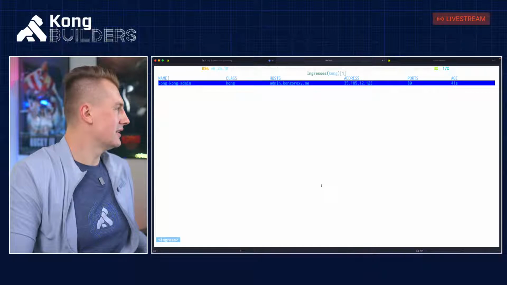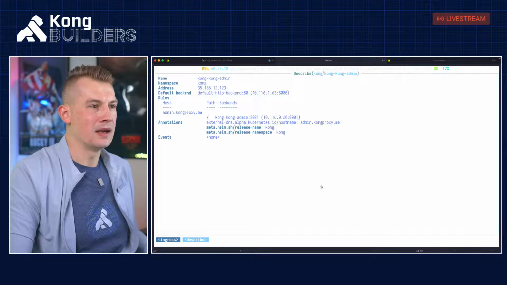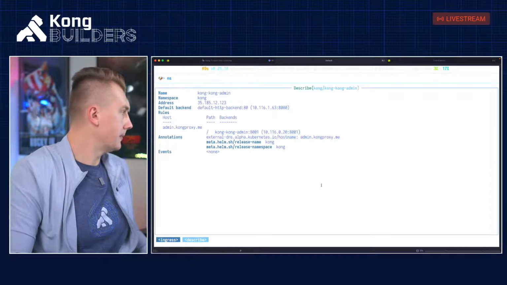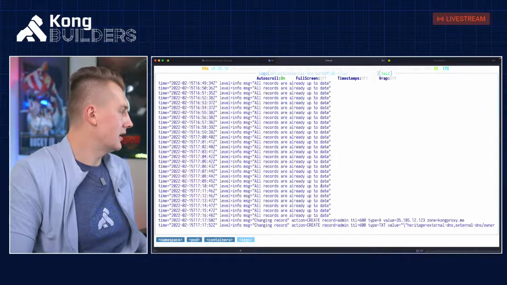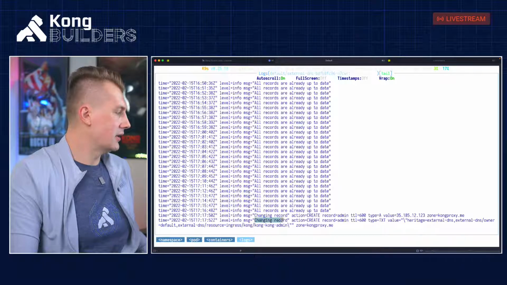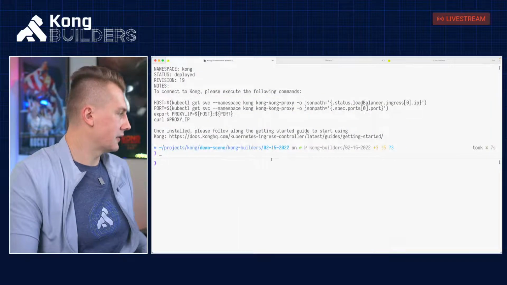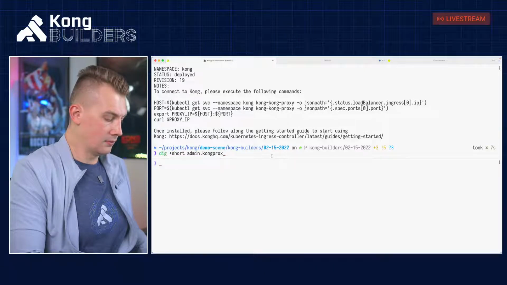So let's see if this conch admin API was successfully created. One of the ways to check this would be to use logs. I'm going here, external DNS logs, and see. In the external DNS logs, what I see here is that it will use a record admin and will assign it to this IP address. So if I go and do something like, I'll just do admin.conch proxy me.